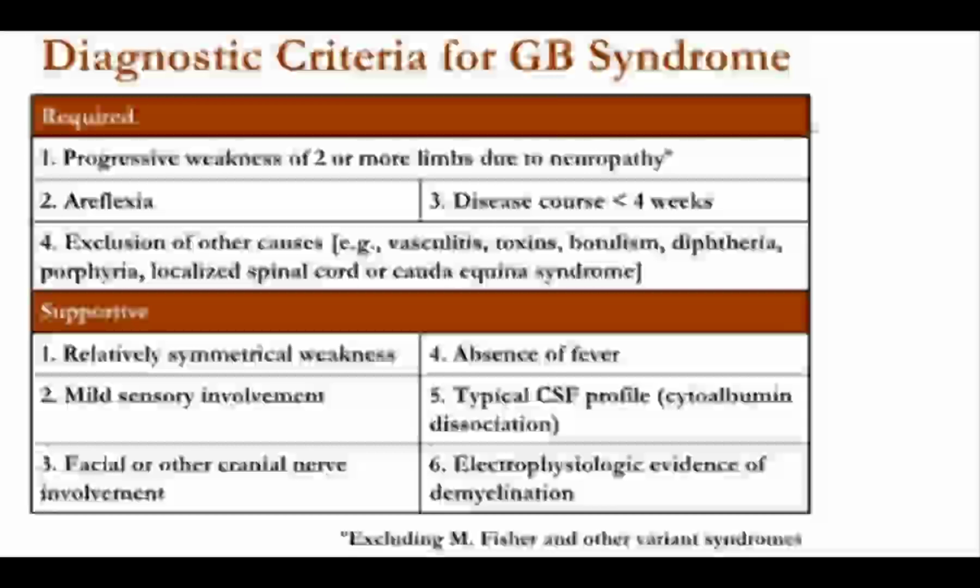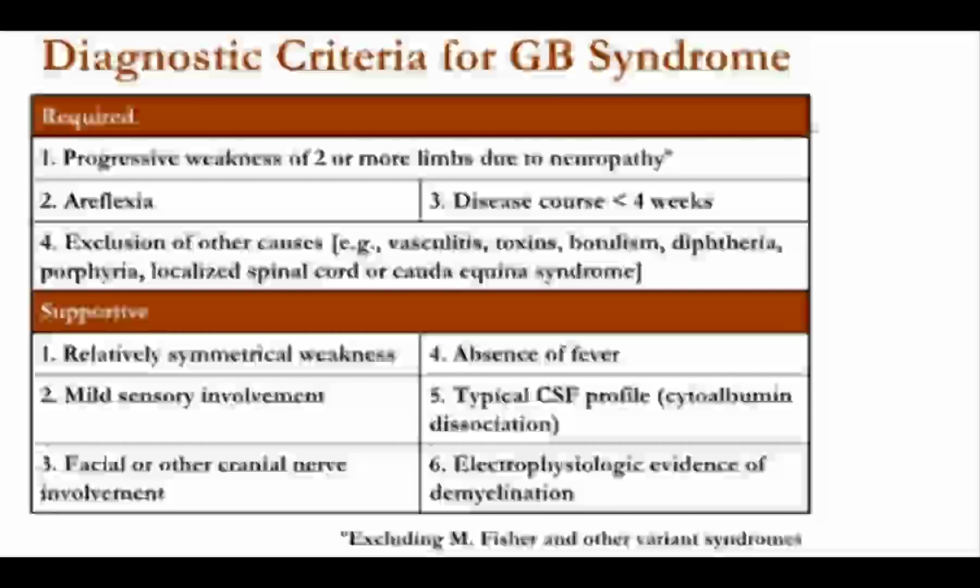Guillain-Barré syndrome basically is a demyelination linked disease, and it is basically linked with the spinal cord symptoms. So we need to learn the required, major criteria. मेजर क्राइटेरिया क्या है इसमें? प्रोग्रेसिव वीकनेस ऑफ 2 और मोर लिम्स ड्यू टू न्यूरोपैथी, 2 या 2 से ज़्यादा लिम्स की वीकनेस हो रही है